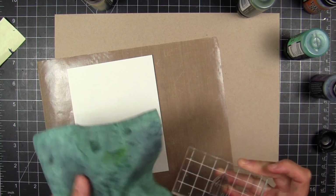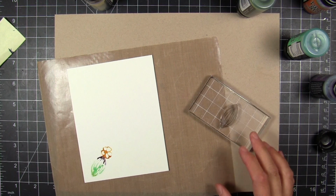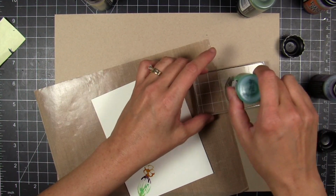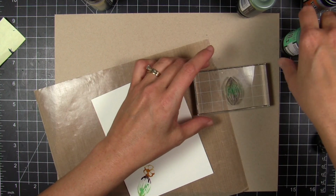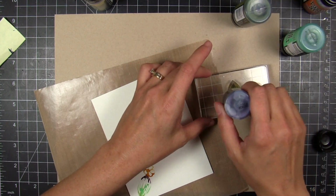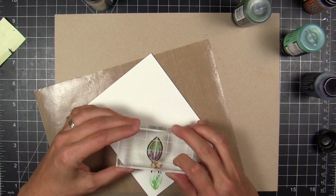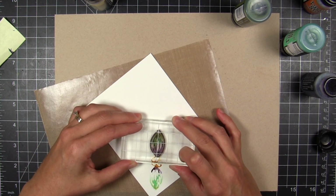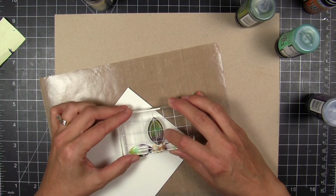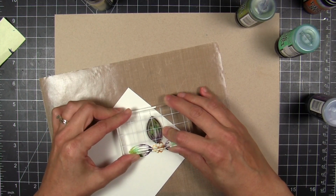But I did get a little bit carried away there. I actually squeezed that cracked pistachio too hard when I was applying the color, and it came gushing out of the bottle. So you do have to be aware, these stains are very fluid, and if you squeeze the bottle, the stuff is going to come gushing out. So you just want to rub the dabber top gently against your stamp,